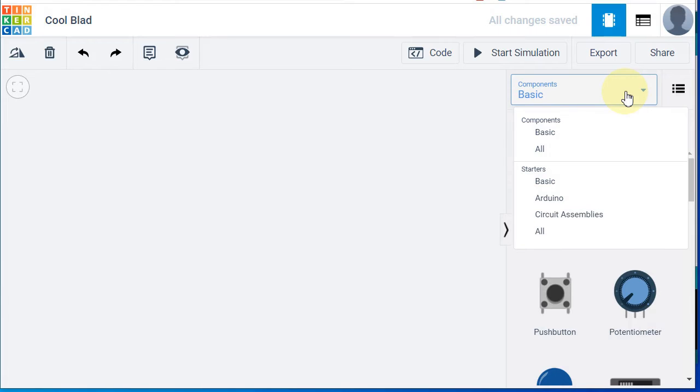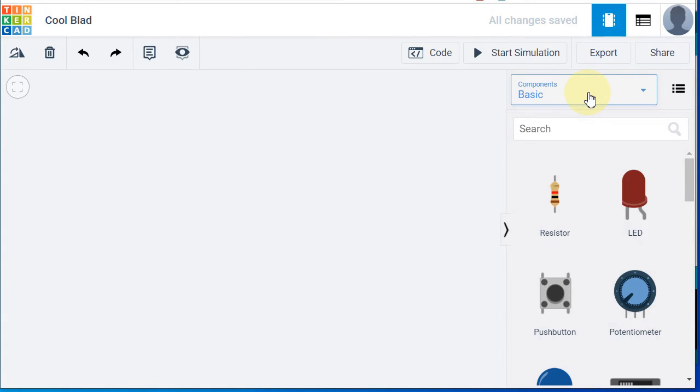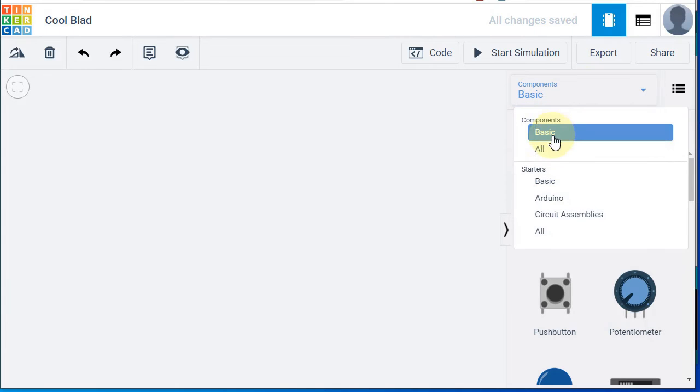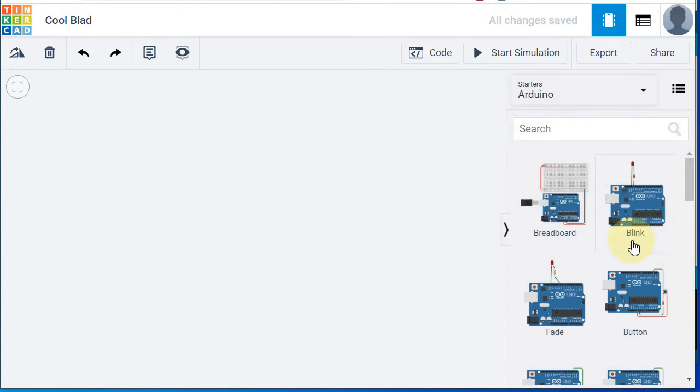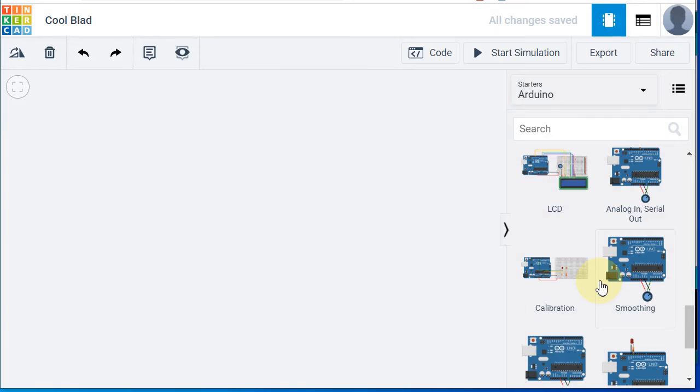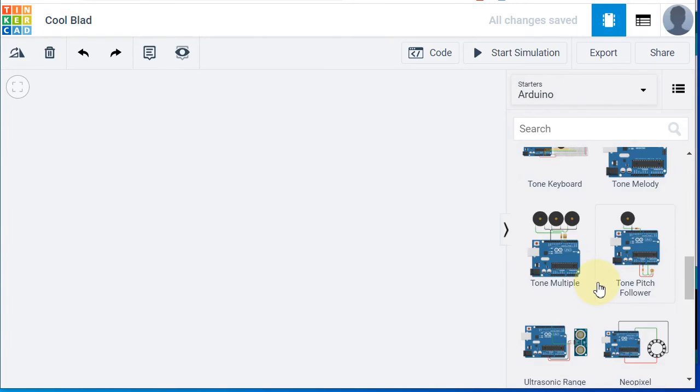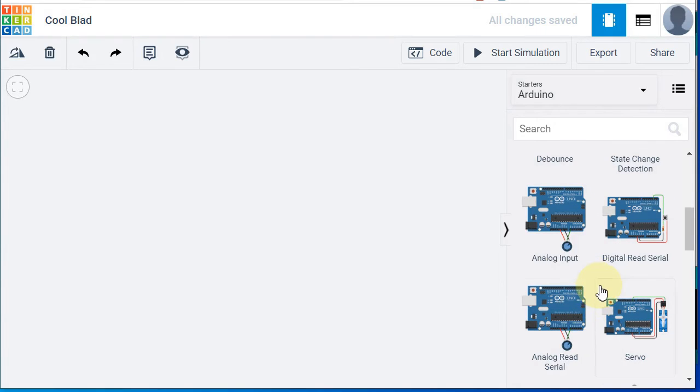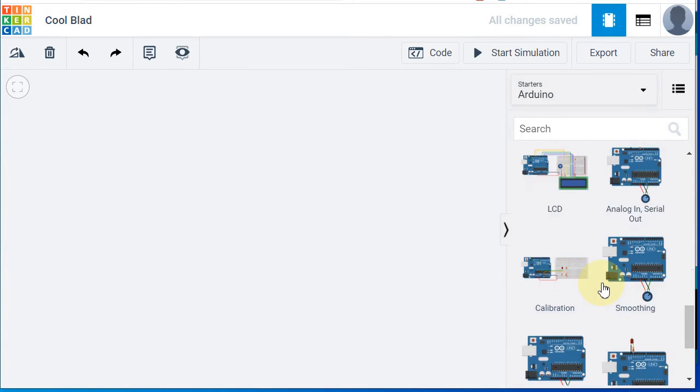The basic components are available under components and basic, and all means all the necessary passive and active components are available here. To open the Arduino circuits or boards, under starters, click on Arduino, and you can see some predefined, simple embedded circuits available. Whichever is suitable for your project, you can choose that circuit and pick it into your project.